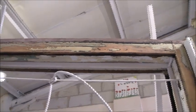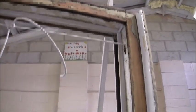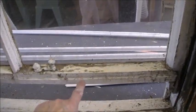Now the parting bead from left to right went in first and was cut to the width of the frame plus about another 5mm so that you could just tuck it in either side. Then the parting beads that run down here were cut next. And basically I measured from up there down to this point in the meeting rail. And when we close this up,